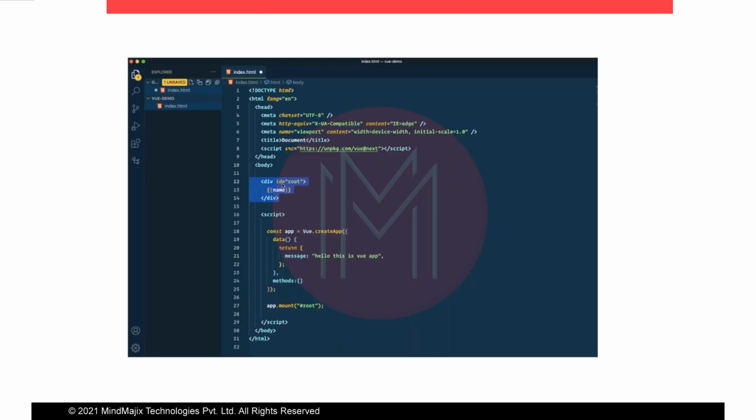Here in the body, I have written only one div tag, and I have given it ID equal to root. On this root element, I am mounting the entire Vue application, and whatever I do in the Vue application, it entirely controls this root element.